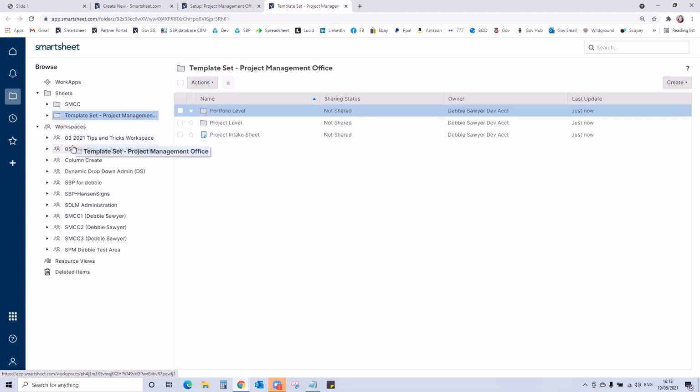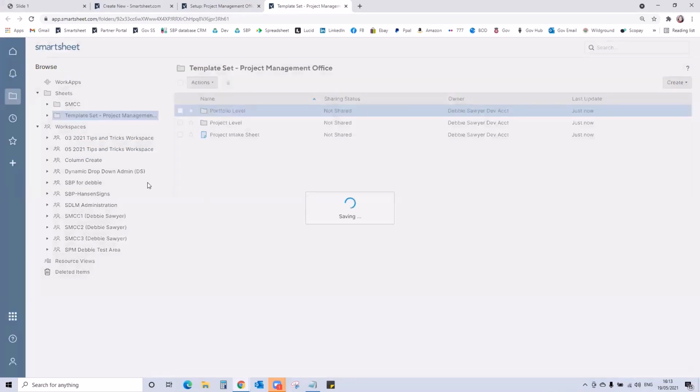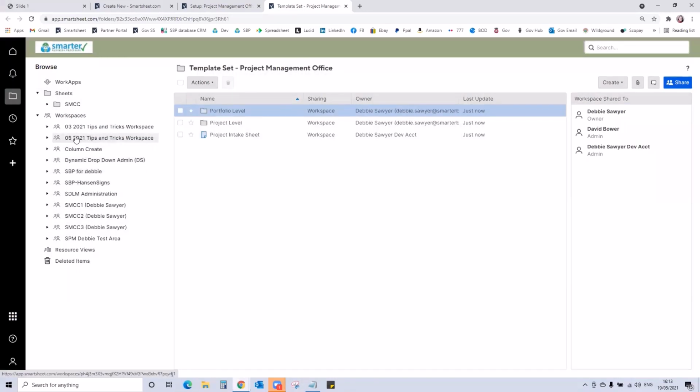So I'm just going to pick up, drag and drop my template set into the workspace I've set up for today, which is my tips and tricks workspace. So here we go. So that's the first part done. We've downloaded the template set. So next we have to start